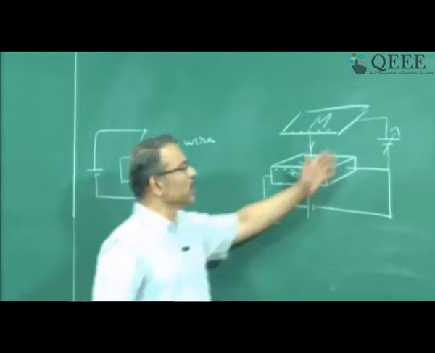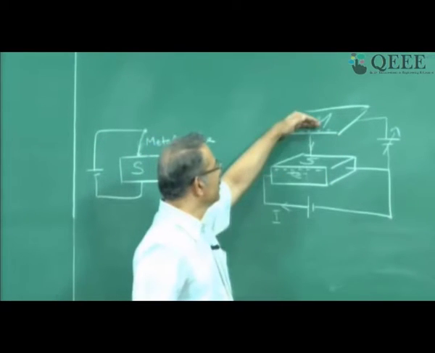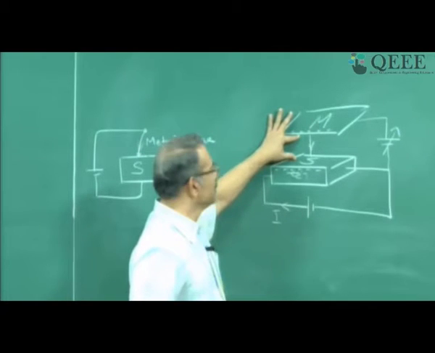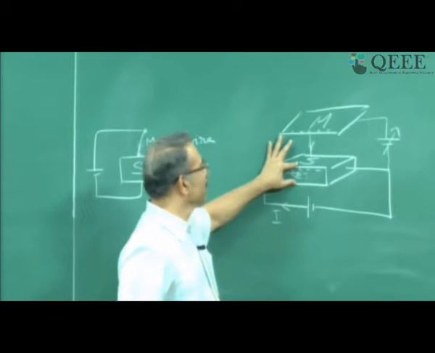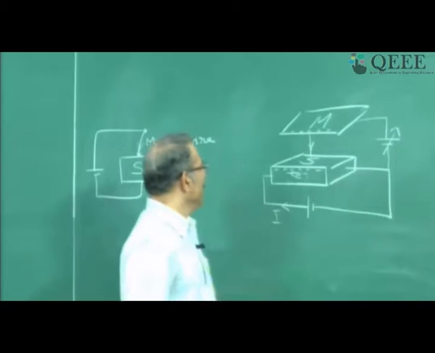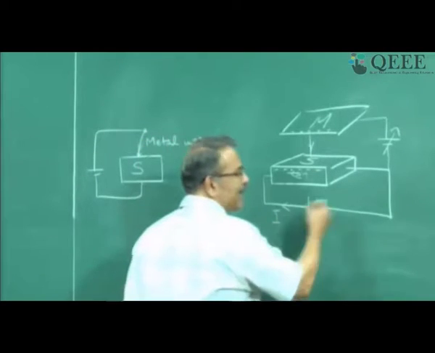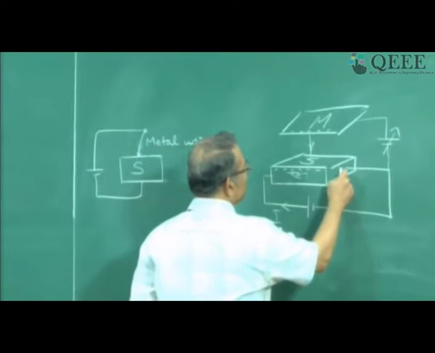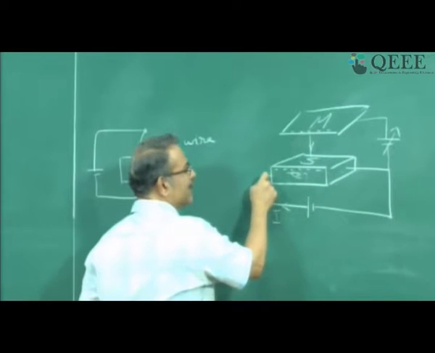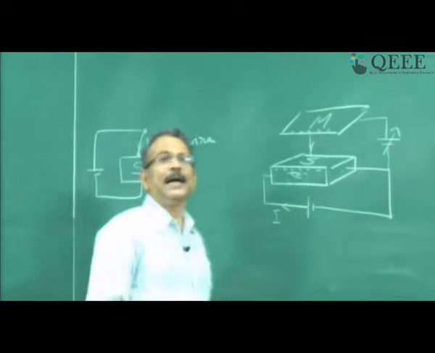So this is somewhat like a MOSFET. This is the gate, this is the insulator in between, and this is the semiconductor. This is the gate source voltage, and here you have drain and source terminals. So this is supplying electrons here, so this can be called a source and this can be called a drain. So this was the idea.